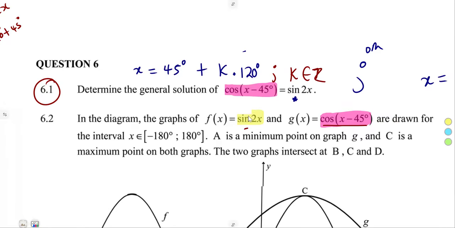Sine 2x, it is this one. So when it is like this, be very careful. They will refer most of the things from what you had before. So this is it, guys. Anyway,